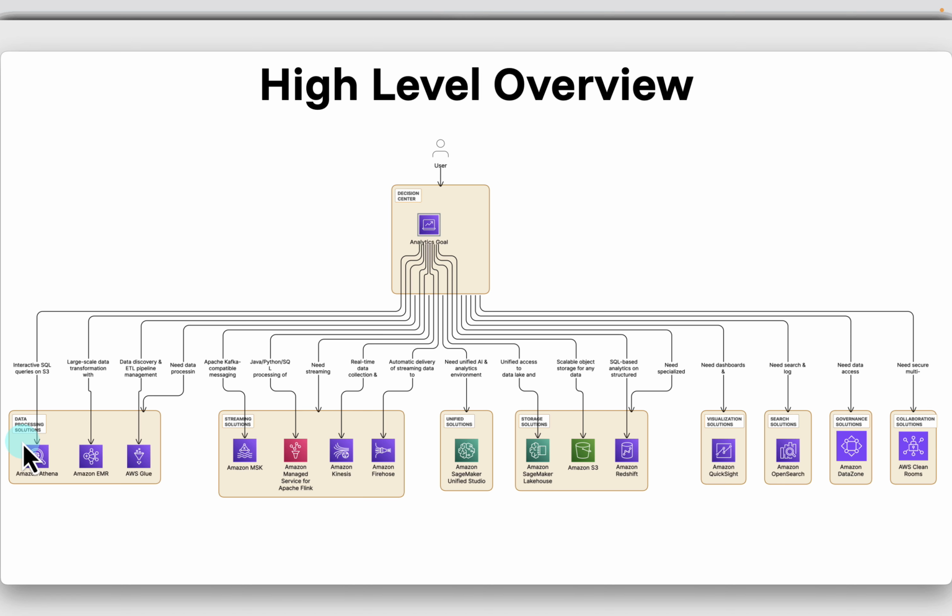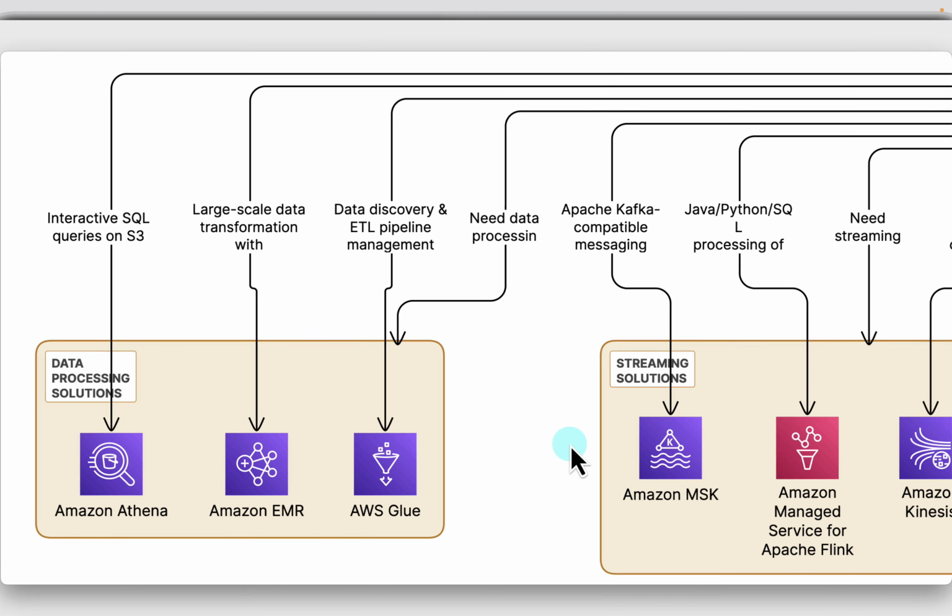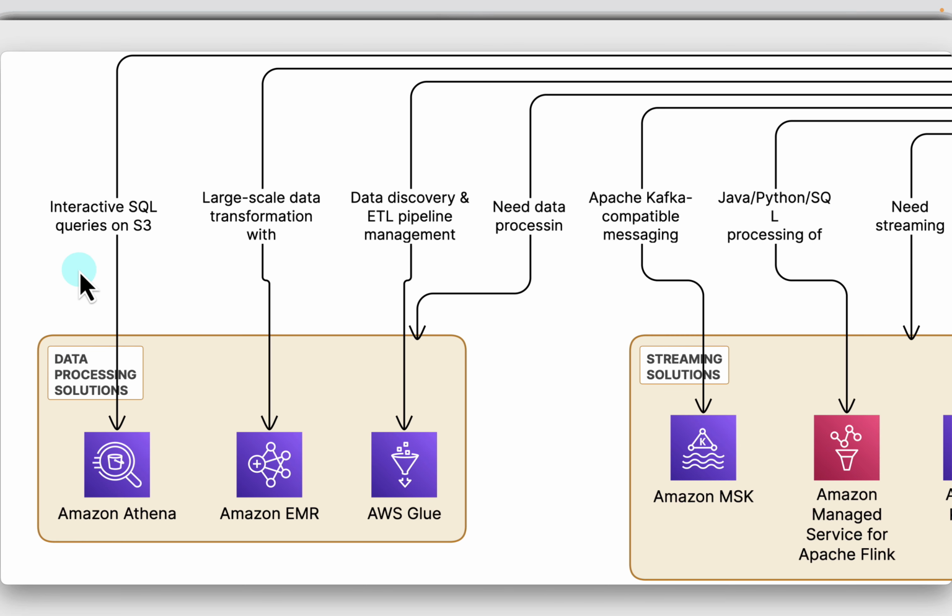So we have data processing solutions, streaming solutions, unified solutions, storage solutions, visualization solutions, search solutions, governance solutions, and collaboration solutions. And these are decisions based on what decision we will pick specific services, and this is our goal, like which service to choose. So first I will walk you through the data processing solution, and first requirement is if